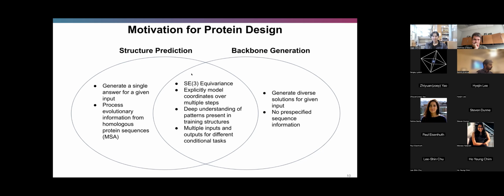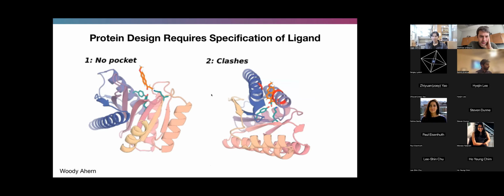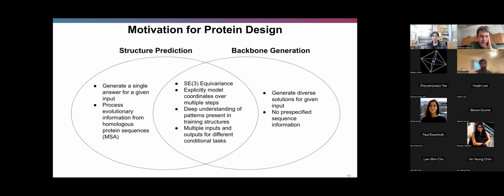One example is this idea of SE3 equivariance, where if you give an input structure and you rotate it, the updated structure should have the same rotation, right? And the other nice thing about these models is they explicitly model coordinates, and that's kind of the problem outlined here. You don't have an explicit model of the coordinates. So the model intrinsically doesn't have representation about what is happening